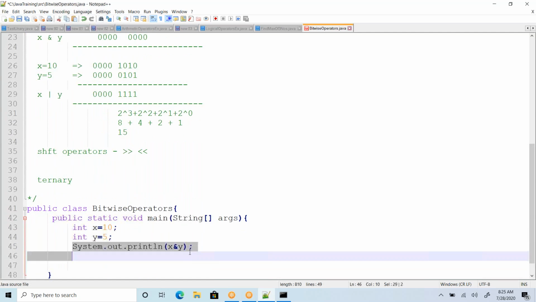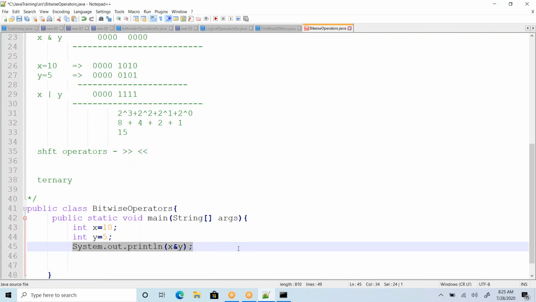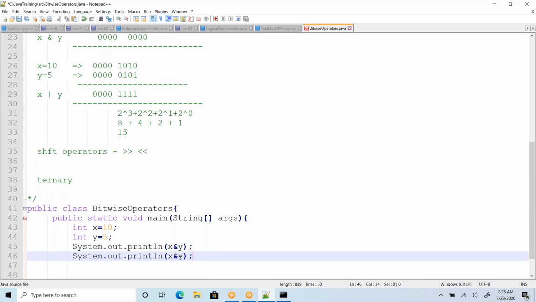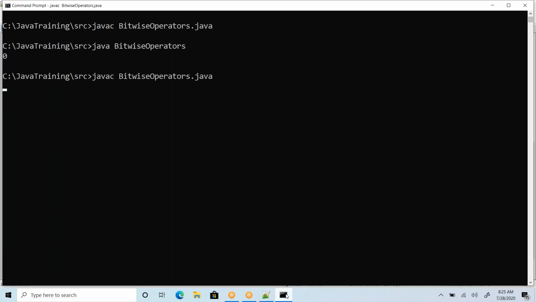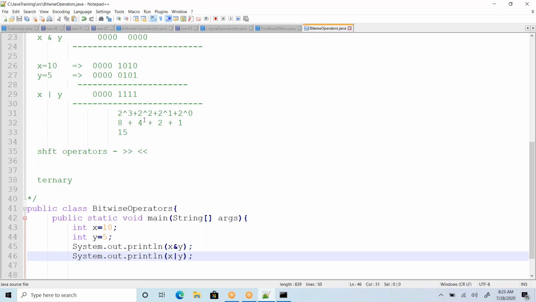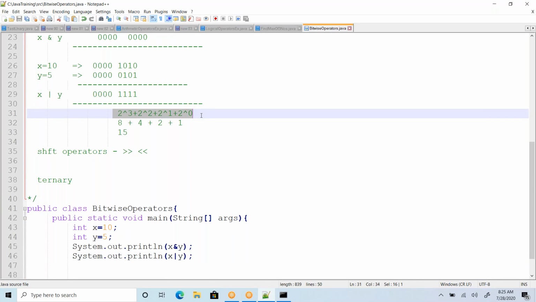Let's execute this. That's what we analyzed over there, and we are seeing the output. So recompile because we modified the source. Executing. What is the value? 15. So we are analyzing in the right way. I hope you know this calculation, or let me know if you need an explanation about this.